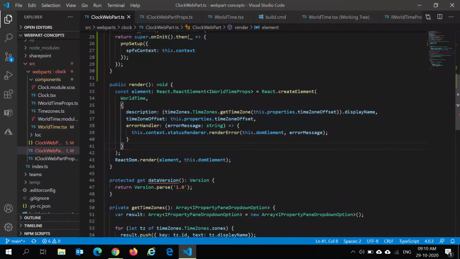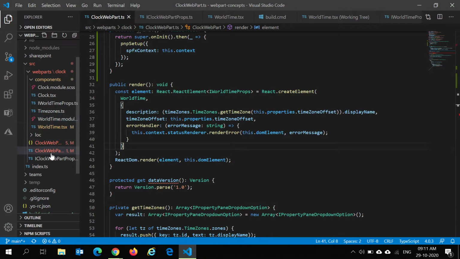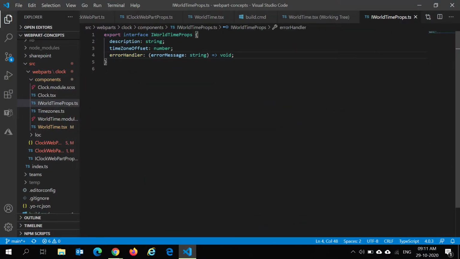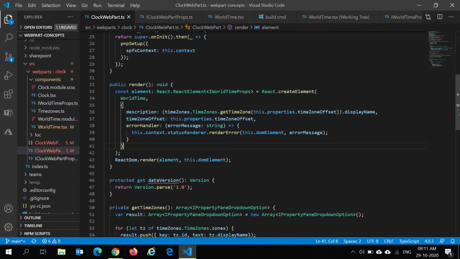So first thing, like I mentioned, we will need the web part instance ID and the logged in user's name. My idea here is to pass these values to the world time component. So I'll change the properties of the world time component to accept these two values. I'll say we need web part ID, a string, and login name is also a string. Now I need to pass these two properties from my web part class to the component. So if I go back here,